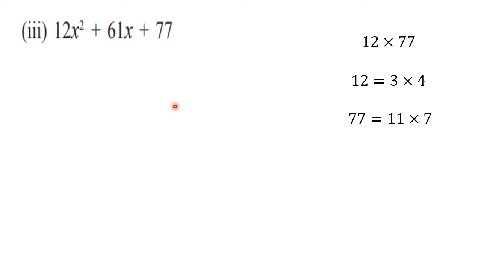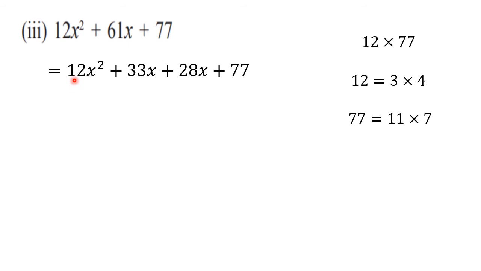So let us write down the next step. See, 12x square plus 33x plus 28x plus 77. Here also this 77 and 28 you can divide by 7. So here also you can take it out. You can take it here, you can take this here, then also you are going to get the same answer. Okay. So let's see now what is common here in these two terms and what is common here.